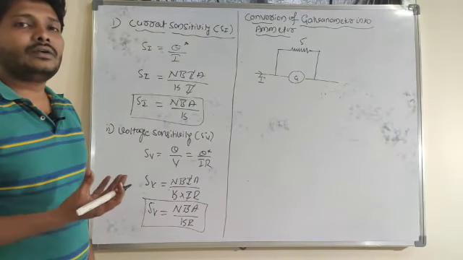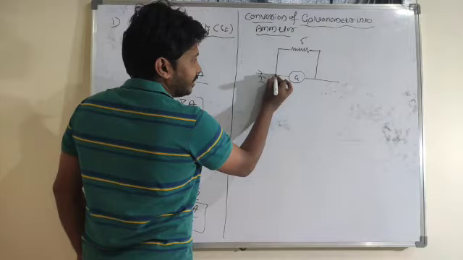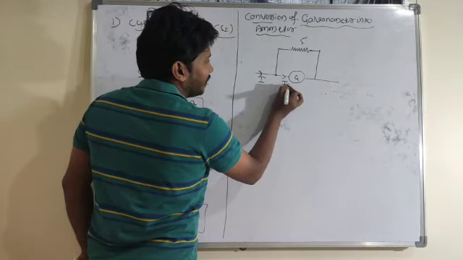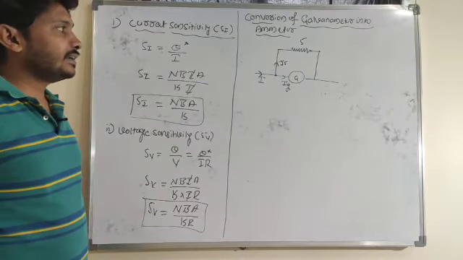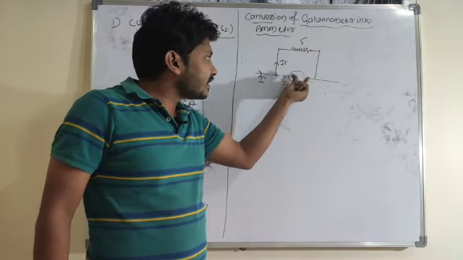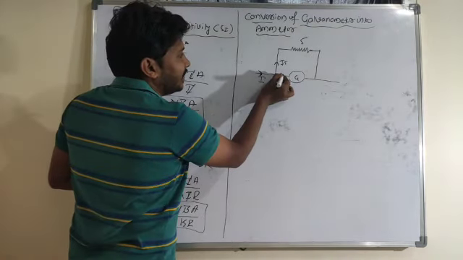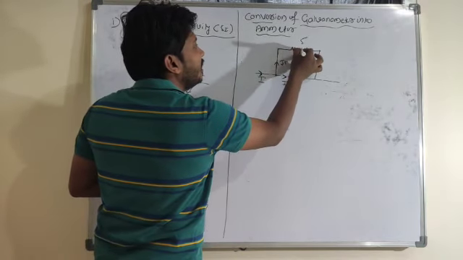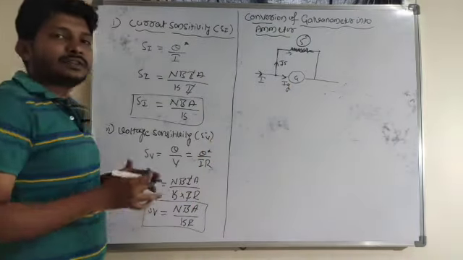So in order to avoid damage to the galvanometer, from Kirchhoff's current law, the current gets split up here. Current I is there. Some amount of current passes through the galvanometer and the remaining current passes through the low resistance wire. S is the low resistance or shunt resistance value, and its value is very much less than the galvanometer resistance. In the sense, out of I amount of current, a very small amount passes through the galvanometer and the remaining passes through the low resistance wire. If this resistance is low, maximum current passes through this wire.